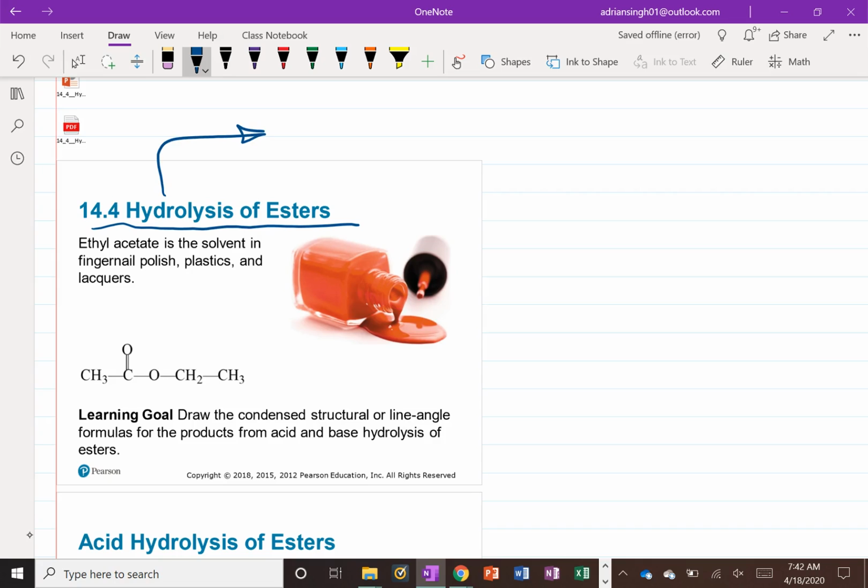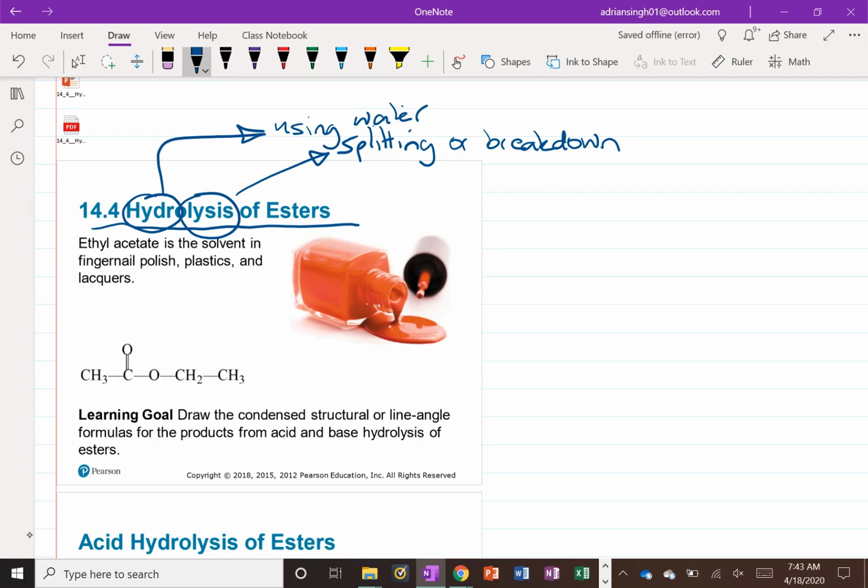Hydrolysis comes from two words, hydro and lysis. Lysis means the splitting or the breakdown, and hydro means using water. So hydrolysis of something means the breakdown of it using H2O